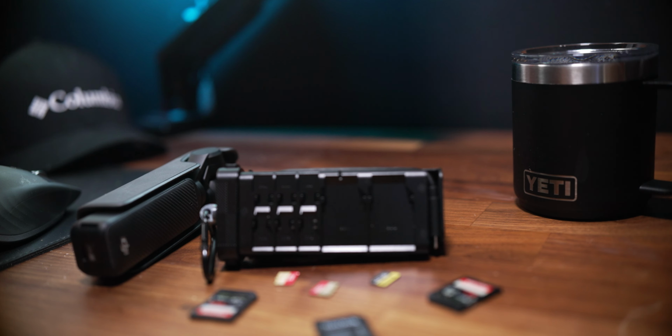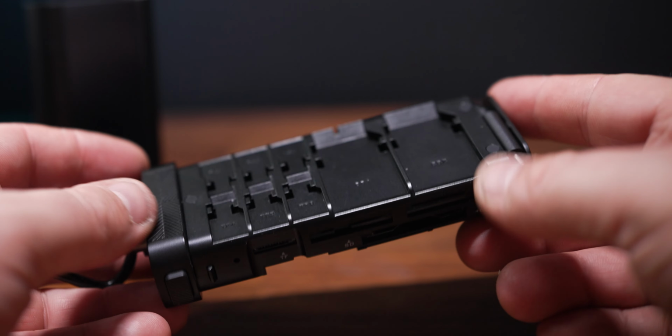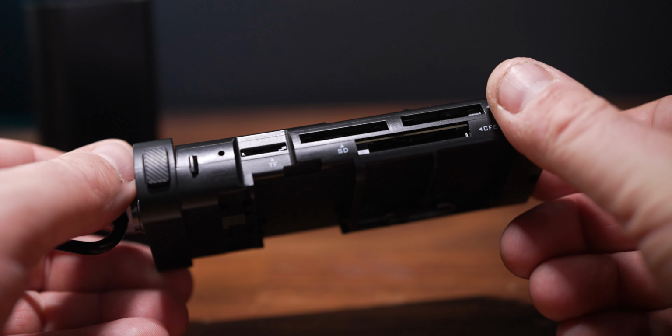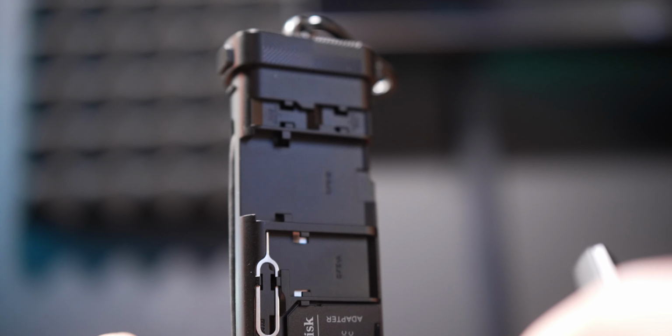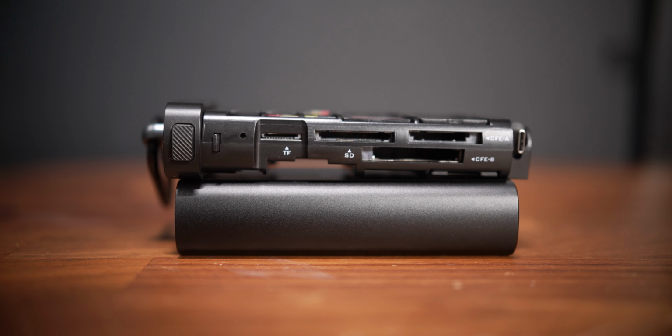This is the Freewell Pro Reader. Not only will this hold your SD cards, it'll hold your microSD cards, it'll do Nano SIMs. I don't know anybody who carries around Nano SIMs, but if you're somebody who carries around a few Nano SIMs for whatever you're doing, let us know in the comments why you would carry around a whole bunch of Nano SIMs. It'll also do CF Express A and B,